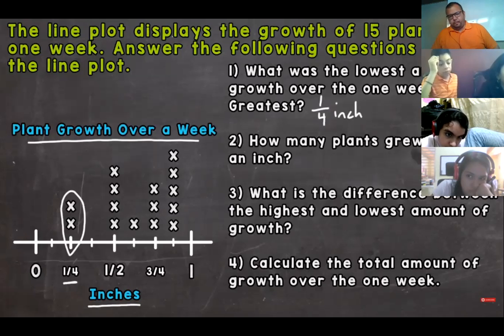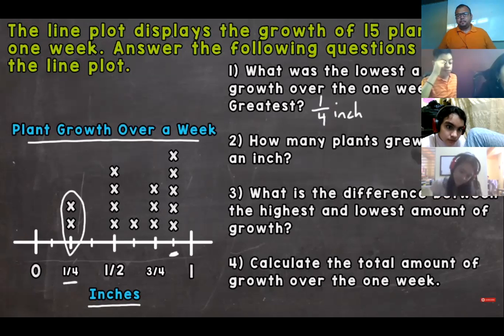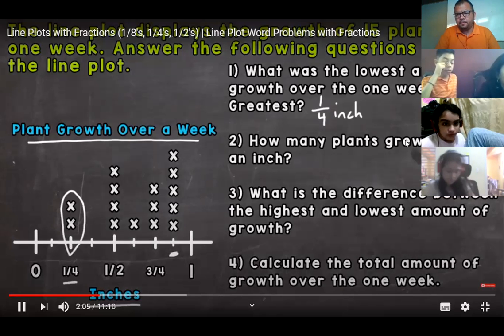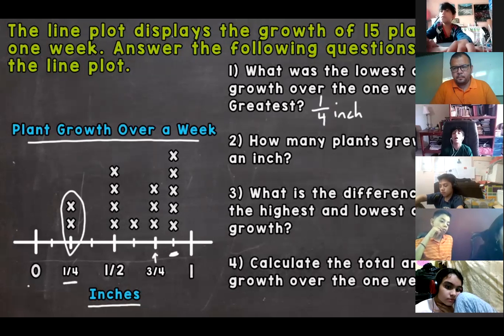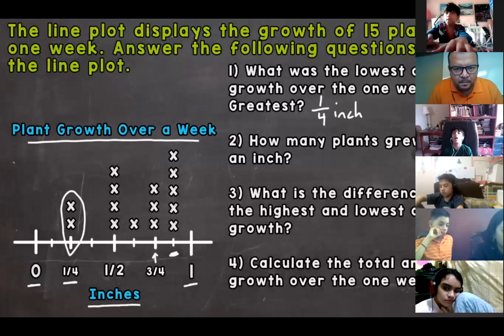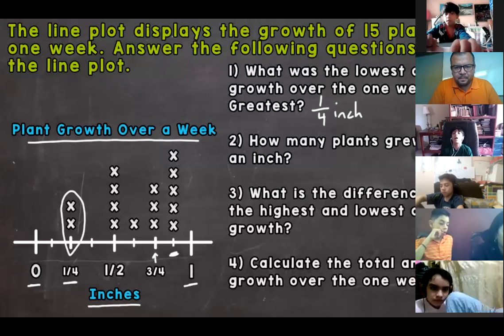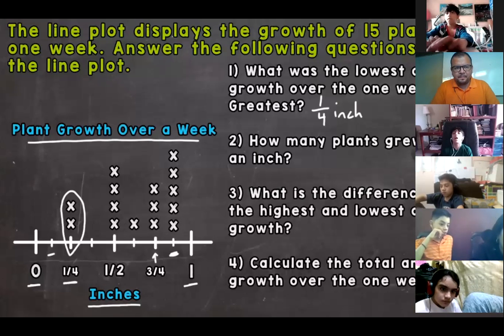How about the greatest? The greatest is going to be right here. Now that does not have a fraction attached to it, so we're going to have to figure it out. So this is 3/4 right here, so it's not 3/4. This whole right here between 0 and 1 whole is split into eighths. So follow along with me here. We have 1/8, 2/8, which is equivalent to 1/4, 3/8,